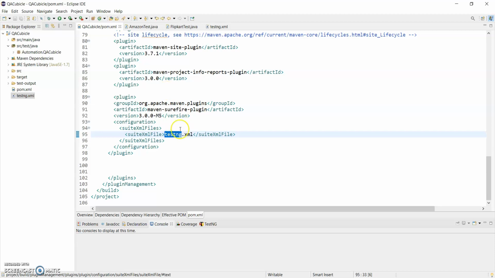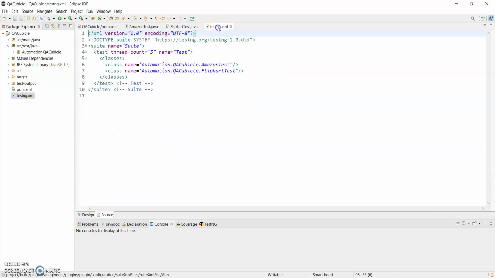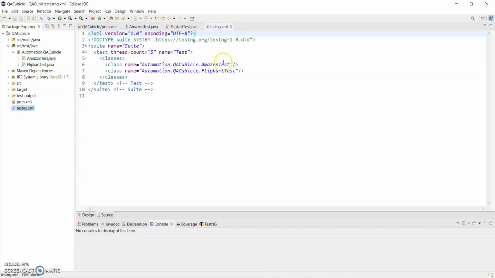The plugin code will pick this testng.xml file, and as part of this testng.xml we can see there are two test cases: the Amazon test and another one, the Flipkart test. Ideally these two test cases should be executed as part of the execution.